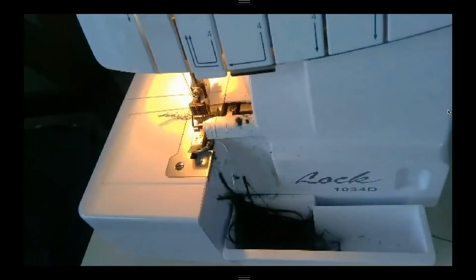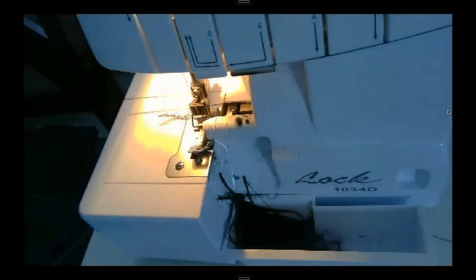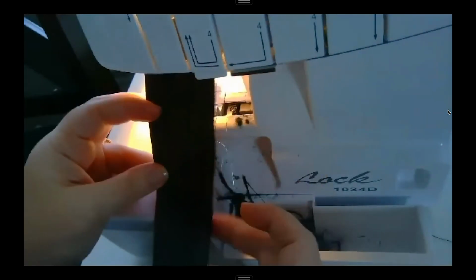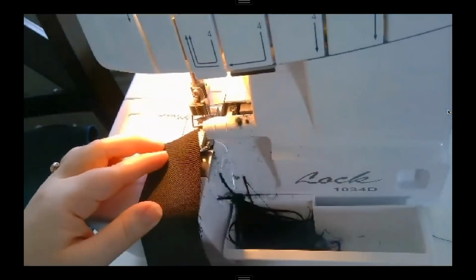I'm trying to get my lighting right. It seems a little dark here. Let's see if this helps at all. It's a little brighter. Okay, so I've got my shield here, and I'm going to serge that long edge and